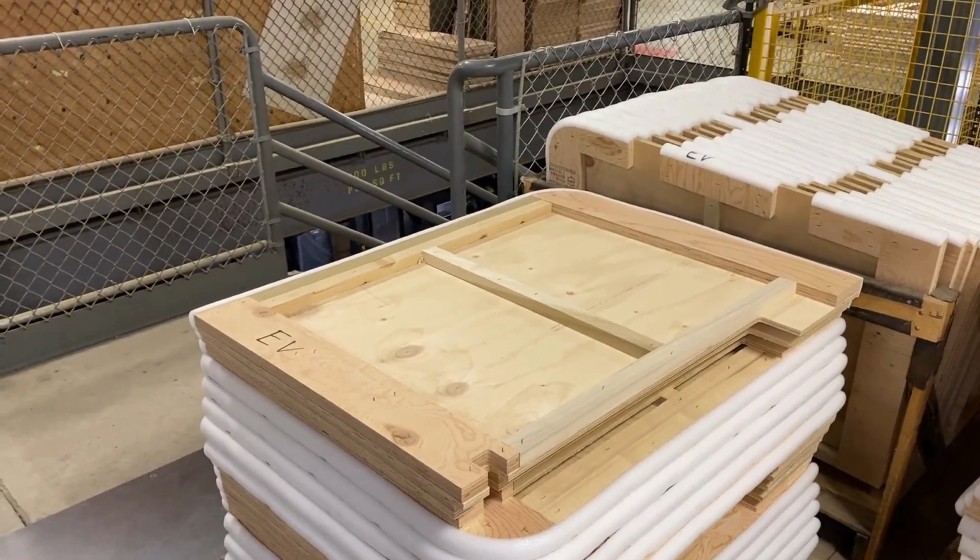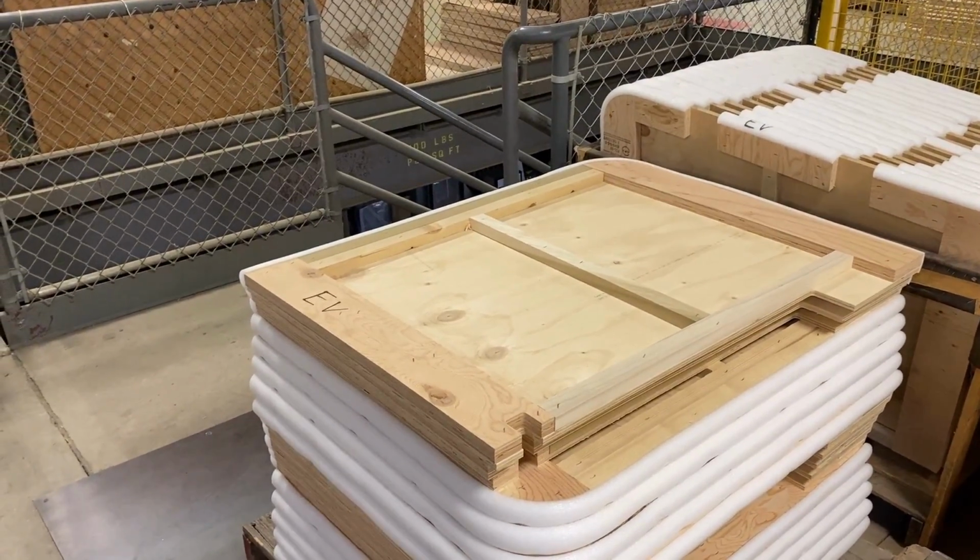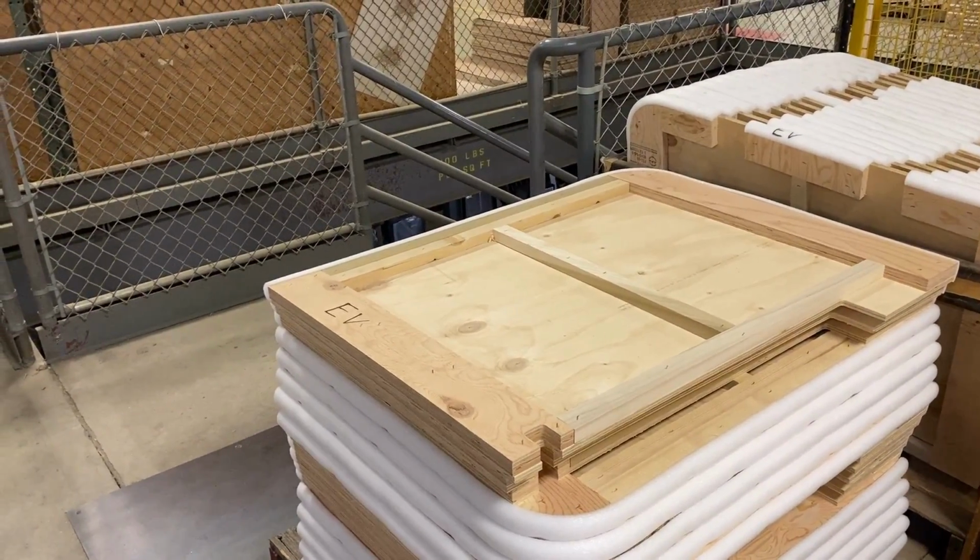Again, maybe this isn't interesting to you. I think it's really cool getting to see this, the stuff that goes into that final product that